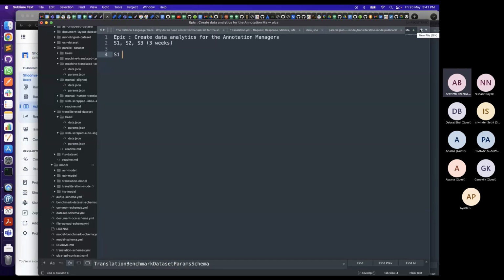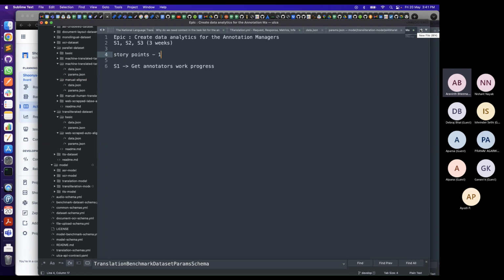In sprint 1, we can take up some of the stories. A story might be, let's say, get annotators' work progress. In a perfect agile world, there is something called story points associated with it. For a given sprint, the maximum it can go is 8. It's proportional to the amount of time it takes. We don't usually talk in number of hours. Rather, it's something called story points, which is how much a particular task takes to complete.